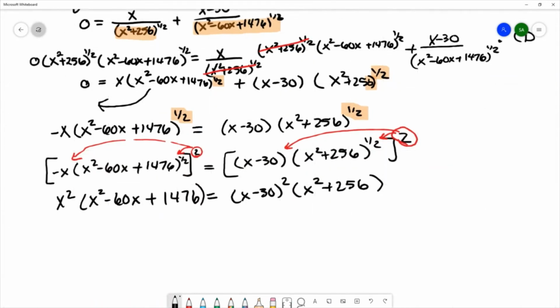So then we want to solve this equation, and I will multiply everything out and move all the terms to the same side. That gives me on the left x to the 4th minus 60x cubed plus 1476x squared. On the right hand side, I would need to multiply this out first. That would be x squared minus 60x plus 900